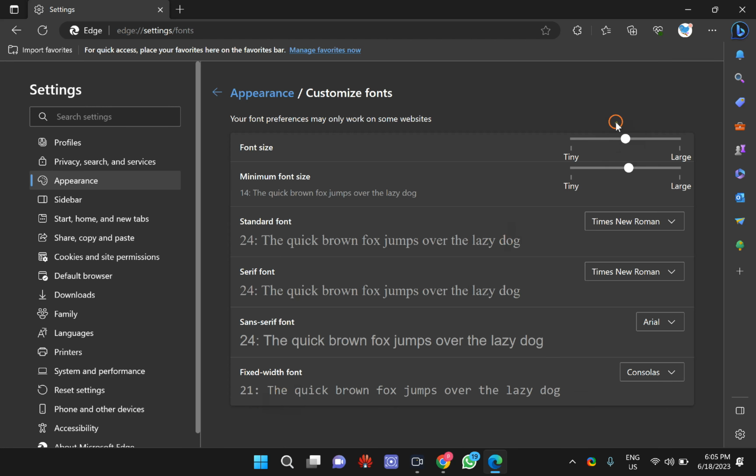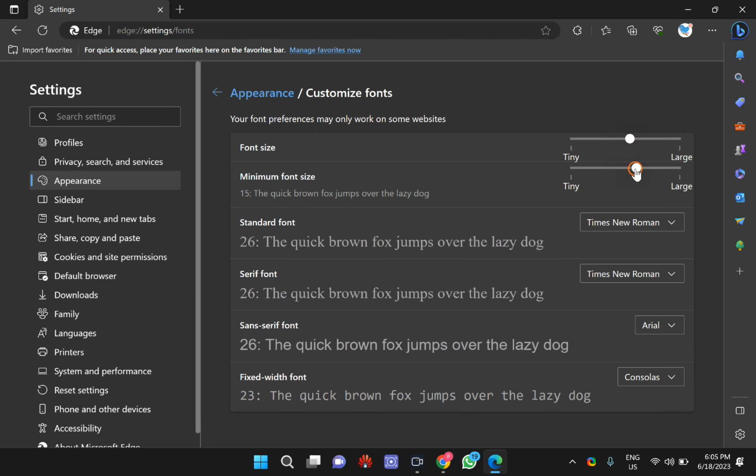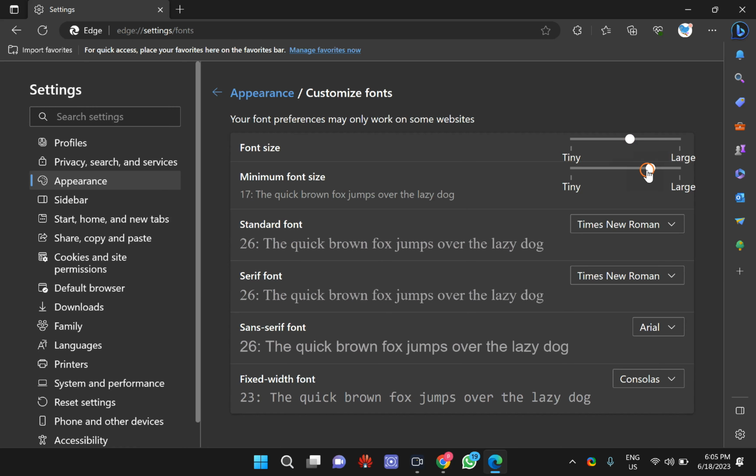Here you can also adjust font size according to your needs. Just use this slider or this slider to increase or decrease font size on your Edge browser. You can see the preview option here also. You can change this font